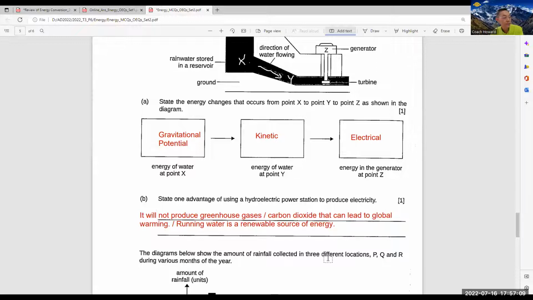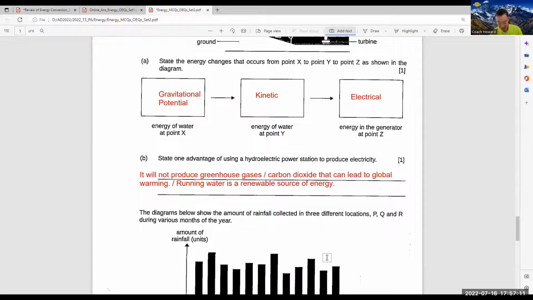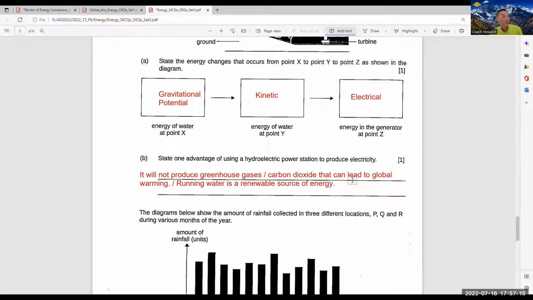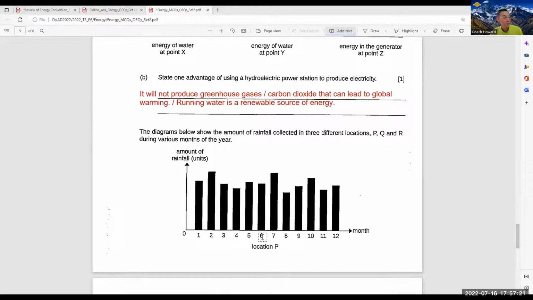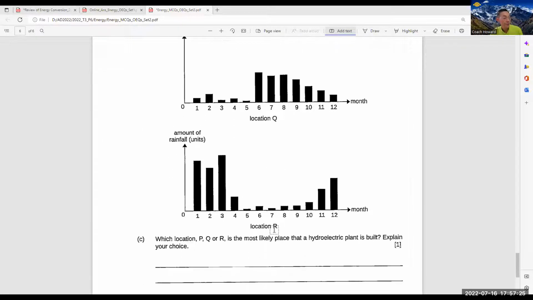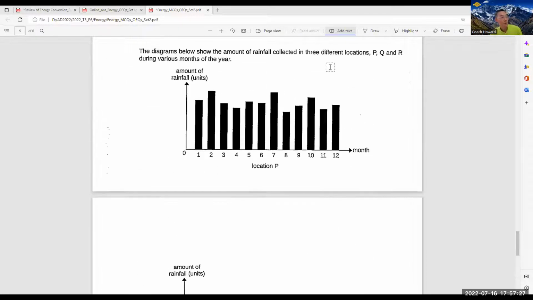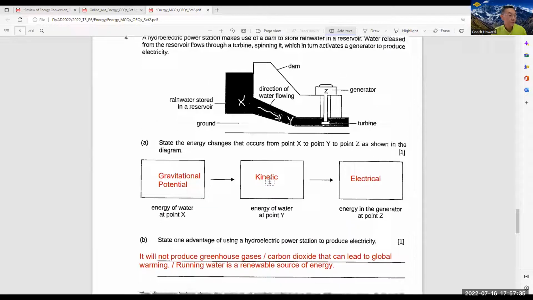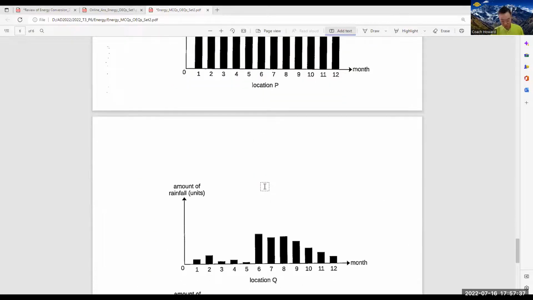Okay, next one. This part shows the amount of rainfall collected. Let me zoom in further. Amount of rainfall collected in location P, and this one is location Q, and this is location R. You see this is more constant, right? So we take note, because for a hydroelectric power station to work well, the maximum amount of water should be stored here. So this question asks you,